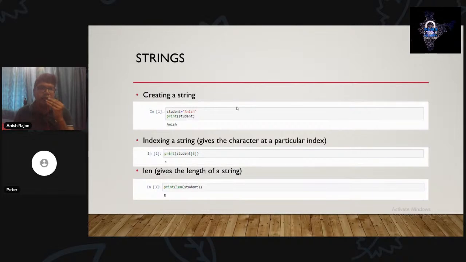Okay, so next we have the indexing of a string. This code here gives the character at a particular index. With the help of the indexing of a string, we can find a particular character in a string. Like here I have found the third character. As you can see, 3 gives S. Okay, because as I mentioned before, in all the data structures, the indexing starts from 0. So when you write 3 there, it will give you S, since the indexing is starting from 0.